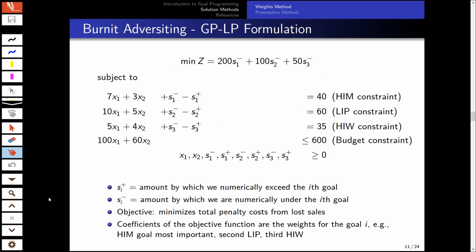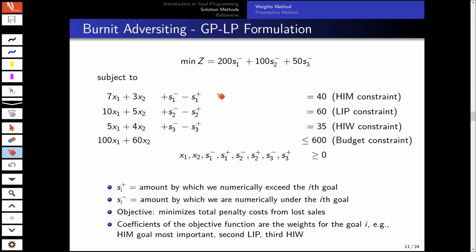The goal programming formulation, which is also a linear program, is now formulated as follows. In this case, we want to minimize the penalty costs that the company incurs because the budget is limiting the solution space, let's say. So this is how it's formulated. These are the penalties with the weights together. And these are our constraints, where now we introduce